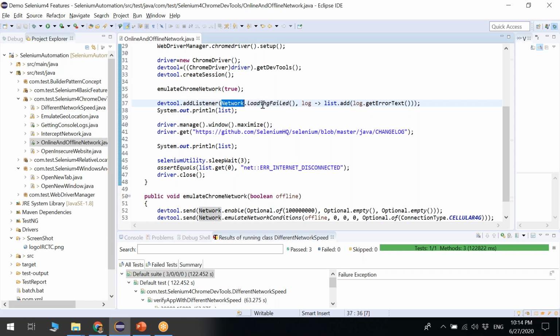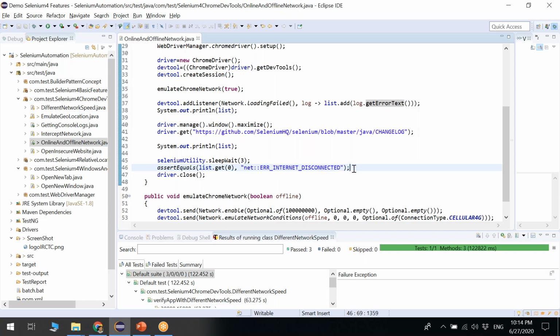We can leverage this feature, Network.loadingFailed. If something is failing to load, then you can use log.getErrorText. We store it in a list, so whenever the network is off, it will return this error automatically: net::ERR_INTERNET_DISCONNECTED. This I am verifying.